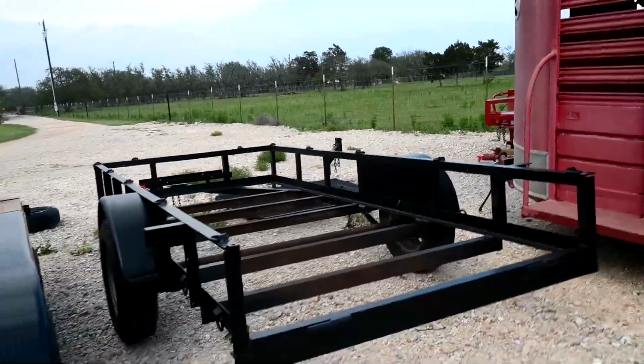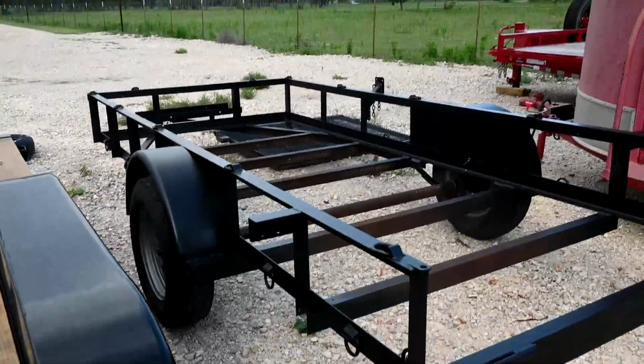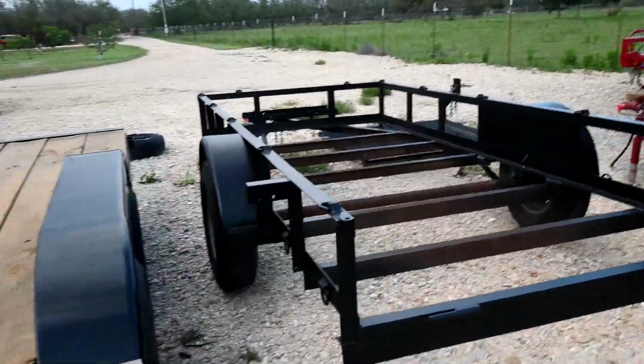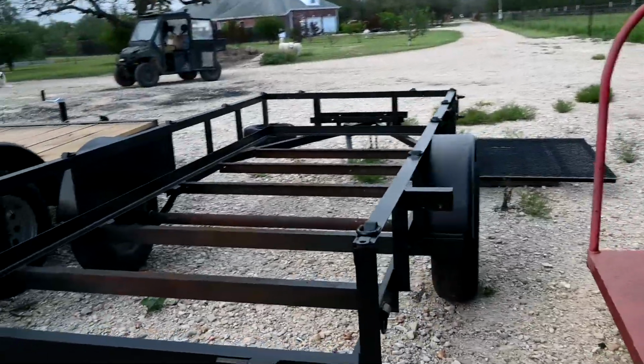I should hopefully do the wiring video this next week. If there's anything specifically that you want to see done on this trailer, have questions about, leave me a comment and I'll be happy to try to either make a new video, answer it here, or do something else to